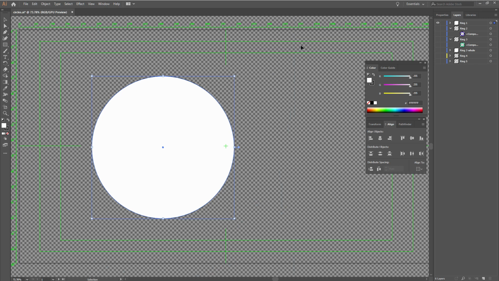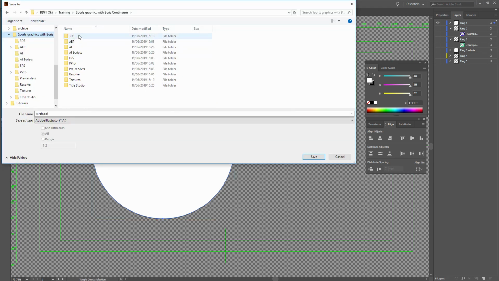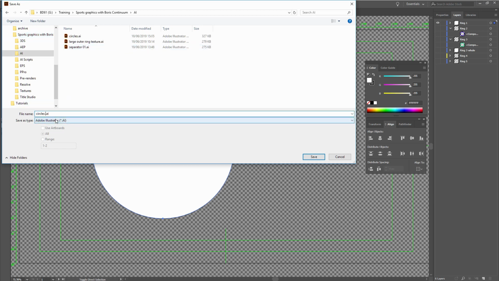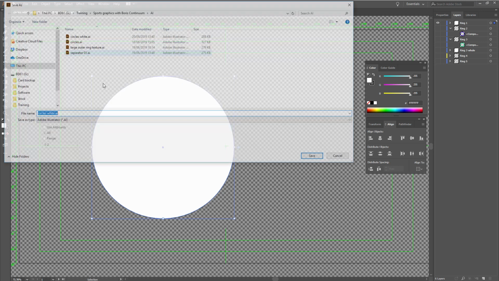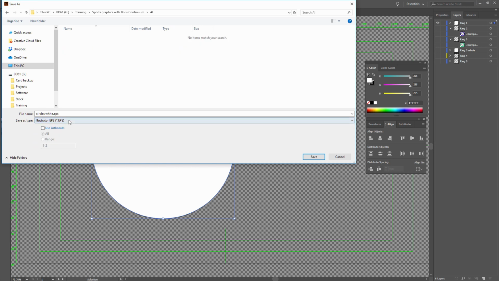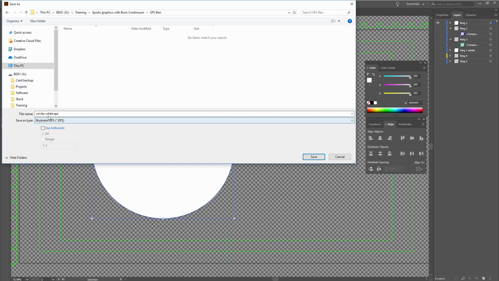So the first thing I'm going to do is try and export these out so that Title Studio can now read them. And we have to export these in a particular way. So if I just save these, if I come into the right folder, come into Illustrator, and I'll just call these circles white. There we go. Yep, that's fine. And if we save these out like this, Title Studio might not read things correctly. To make sure we're getting out exactly what we want, we actually have to save these out as EPS files. Let's come over here. I've got one that's called EPS, but I'm going to call this one EPS Ben so that I have a separate folder for these ones here.